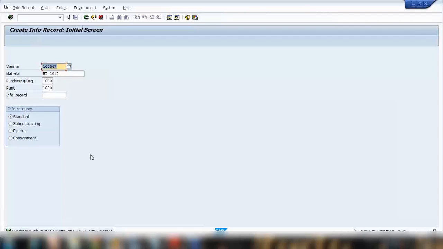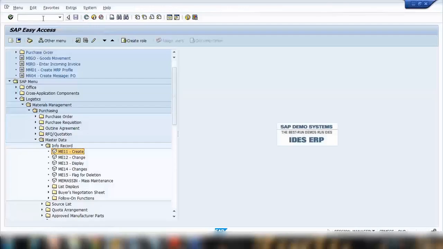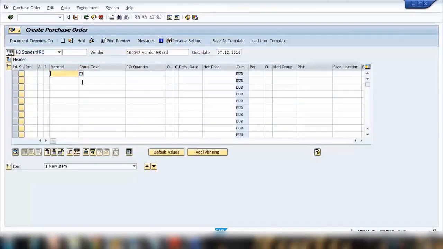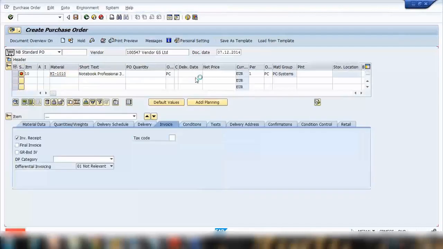Now what I will do is create a purchase order for the same vendor and the same material. So I can copy the vendor here, and I can go to ME21 to create a purchase order. Here I can enter my vendor, press enter, and here I can enter HT1010, which is the material that I used. Press enter. Now you can